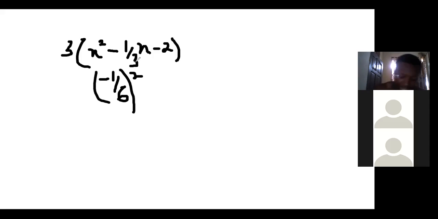Now, the next step is we are going to add and subtract this expression, the one in the bracket. We are going to add and subtract it. And so that means now we have f of x. So you follow the instruction. When you're given the work, this is exactly how you're going to go about it. Now, after, when you're advancing the class,